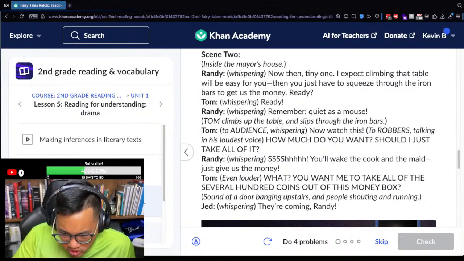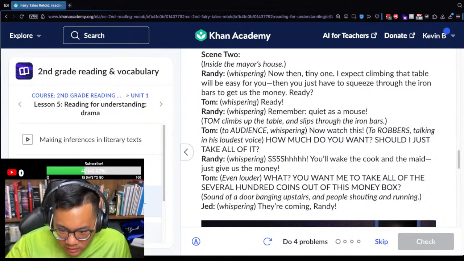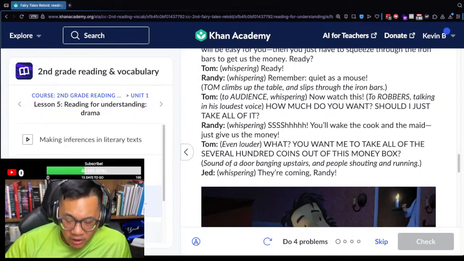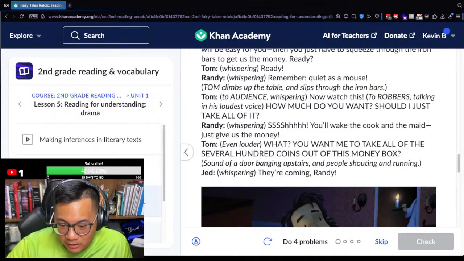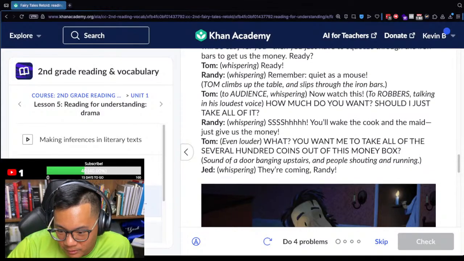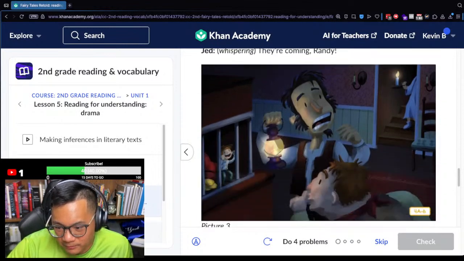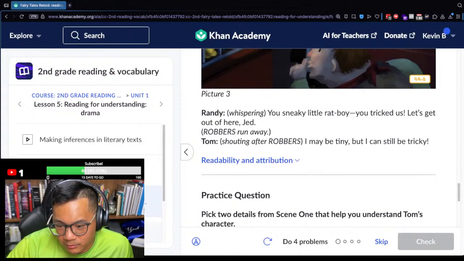Whispering: Shh. You'll wake the cook and the maid. Just give us the money. What? Do you want me to take all of the several hundred coins out of this money box? Sound of a door banging upstairs and people shouting and running. They're coming, Randy. Randy, whispering: You sneaky little rat boy. You tricked us. Let's get out of here, Jed. Robbers run away. Tom, shouting afterwards: I may be tiny, but I can still be tricky.